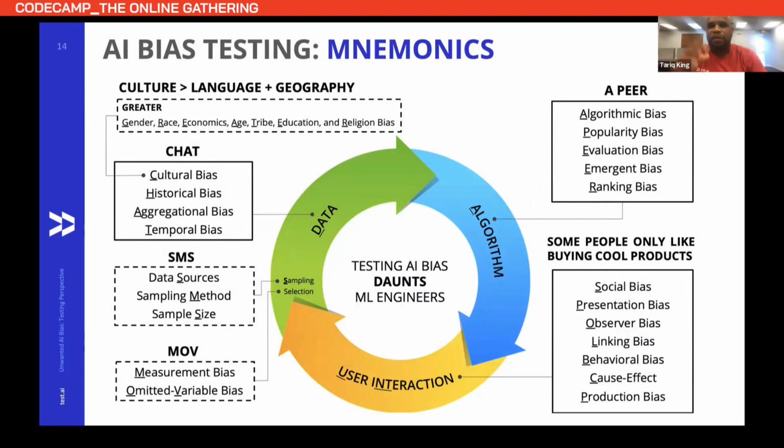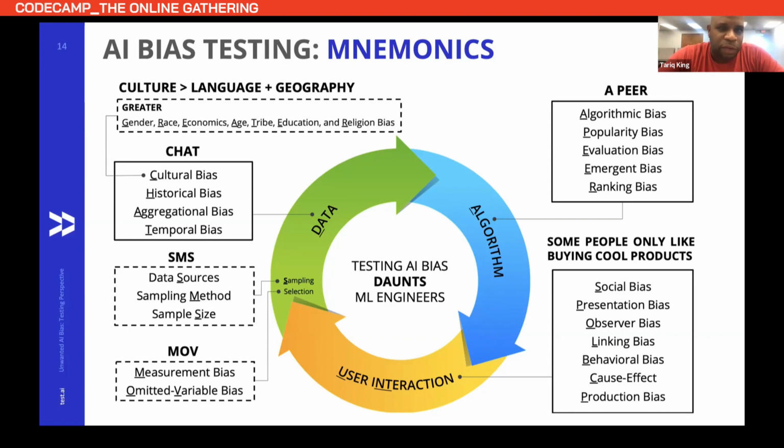The first thing is that I came up with a set of mnemonics. If you're not familiar with them, mnemonics are memory aids, things that help you remember something pretty easily. I remember from my days, for math, these were very popular. "Never eat shredded wheat" was one for me for the cardinal points: north, east, south, and west. But I thought, why not come up with some mnemonics that we as testers can have to help us remember the different categories of